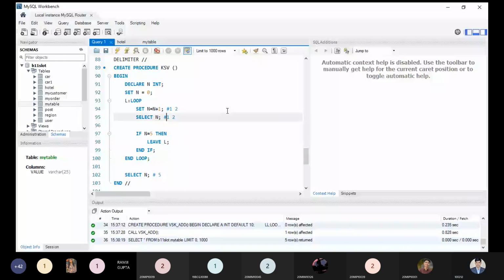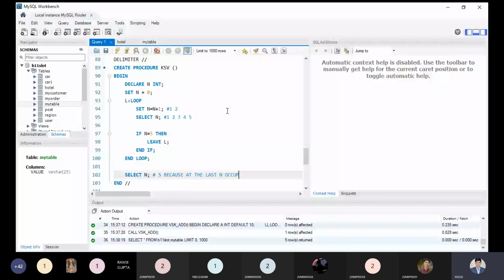And why will it print that? Because at the last, n holds the 5 value. So that is the reason at the last we are getting the 5.